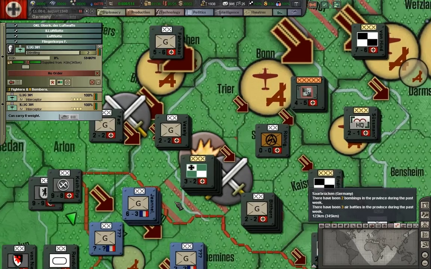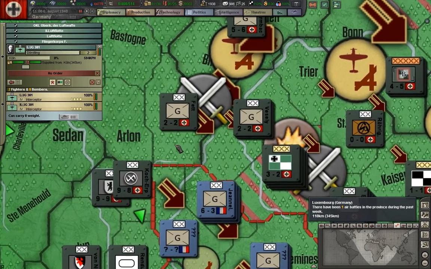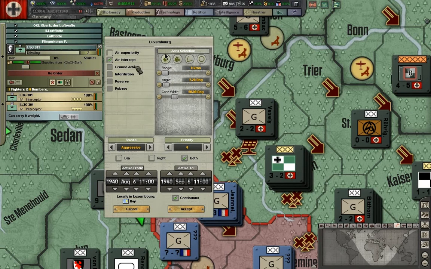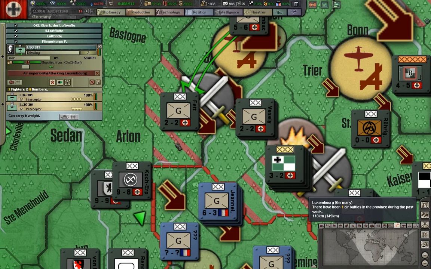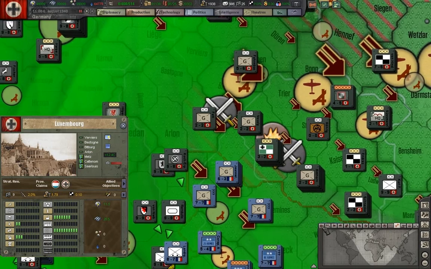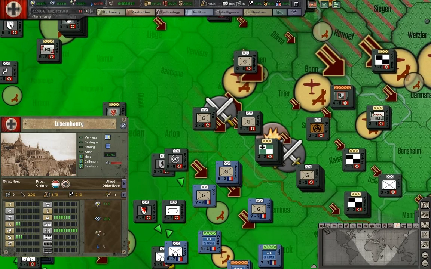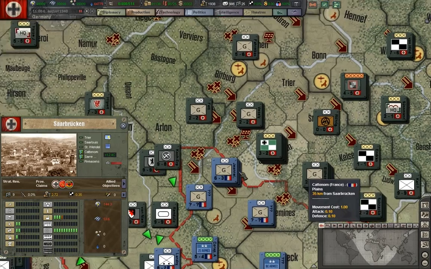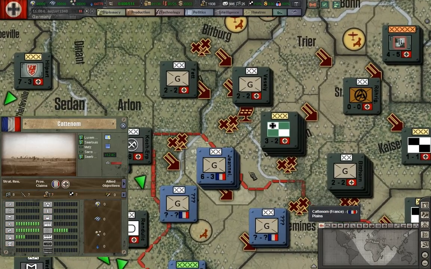Okay, they're bombing here. They're also going to start bombing Luxembourg. So we're going to put him on air superiority there. No, keep him flying over there. The reason they're going to stop is because they don't seem to bomb occupied territories. They seem to primarily bomb national territories for the AI. So they've hurt us a little bit here, but we've only got one